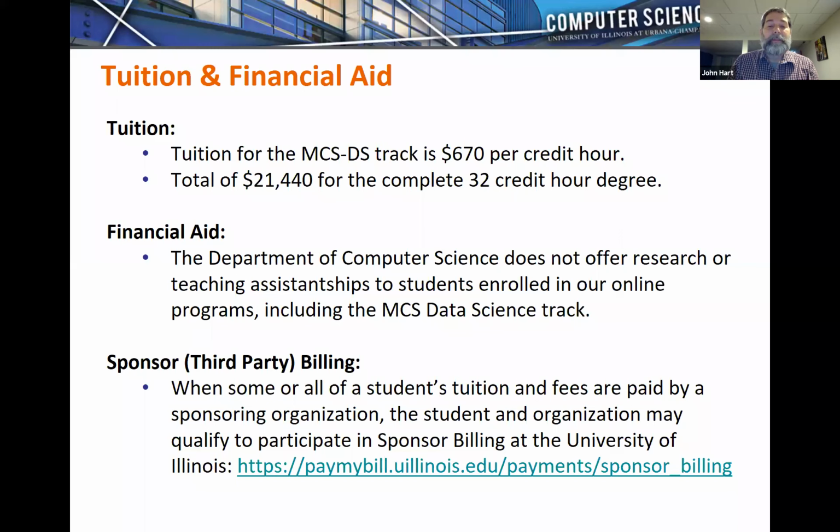And we also have Amazon Web Services credits. In some of our courses, you'll be using Amazon Web Services or Microsoft Azure cloud programming services, and some of those have fees associated with them. We have credits for students, but in many cases, students will want to do additional work on the platform, and so you may want to pay for additional credits. And as with all of our courses, sometimes there may be books or other materials you need to purchase for completing the course. That's typically a couple hundred dollars per course.